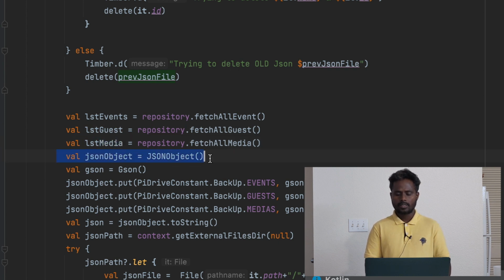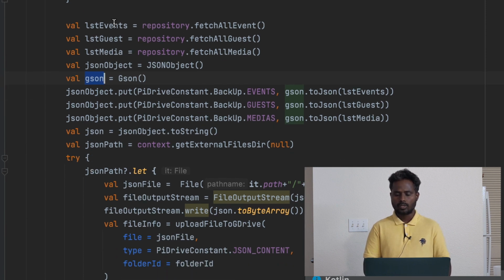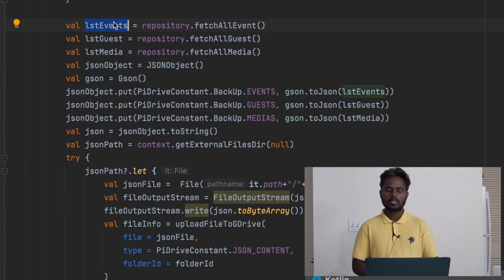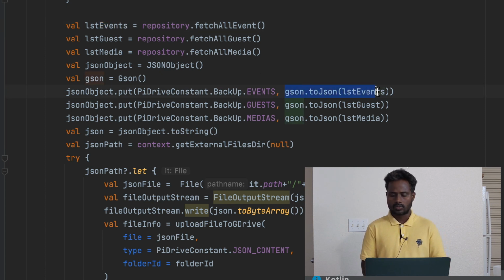I'm creating the JSON object, and then I'm using JSON to convert this object into the JSON format and converting this into a string. The event JSON will be put, the event array will be put into the event key. Again, the JSON guest list string will be put in the guest key, and the media array will be put in